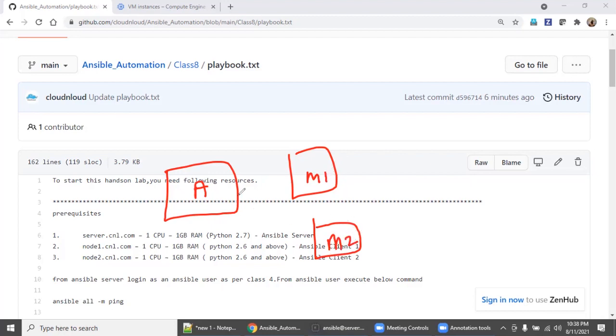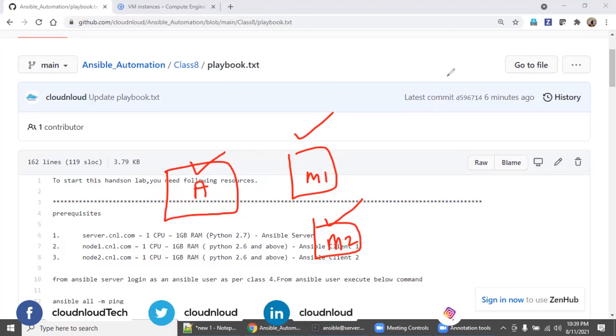All three machines should have CentOS or any Linux flavor. For our purpose, we have CentOS, each with one CPU and 1 GB RAM. If you look at the previous classes, you will see how to set up this lab.